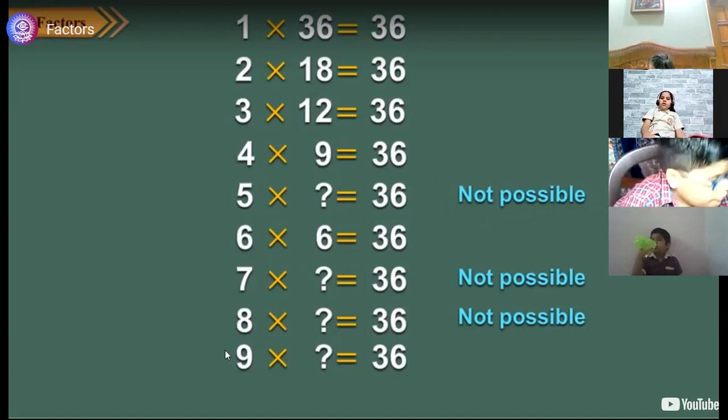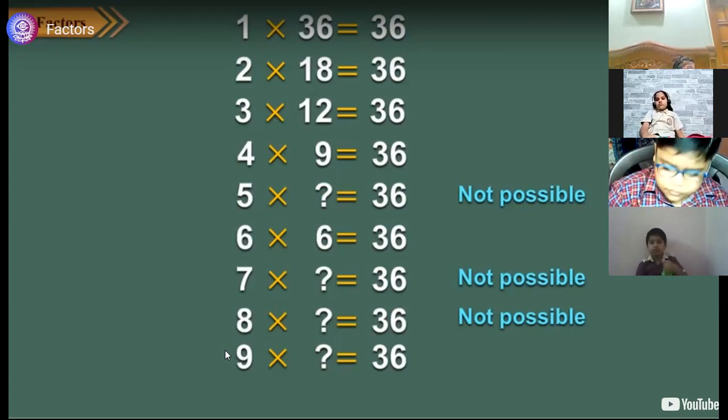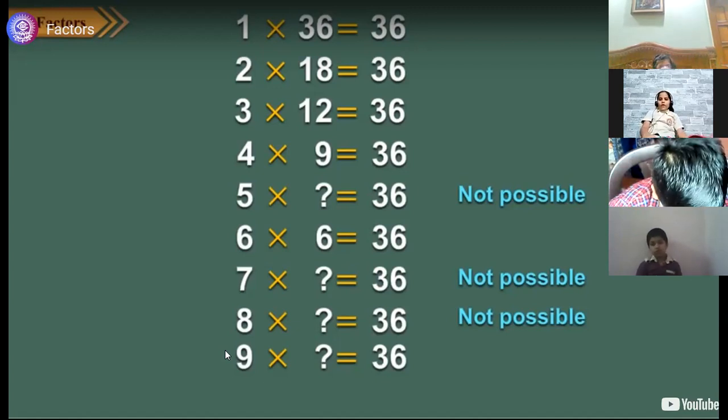We are trying to find out the number by which we are going to multiply 7, 8 and 9 separately to get 36, but no such number is there. So it is not possible to find it. But one thing you can observe here in the last: